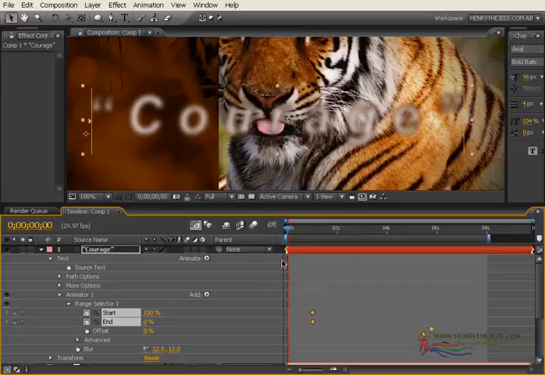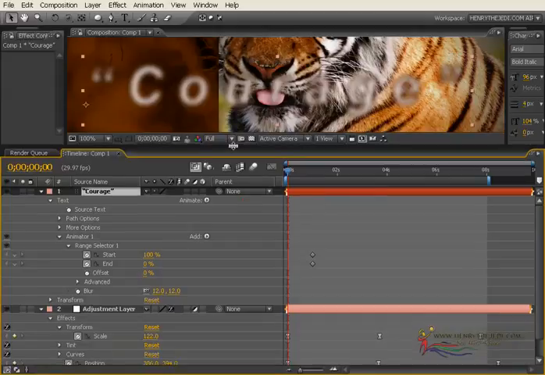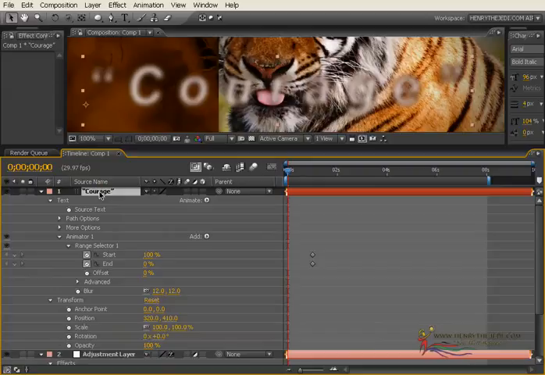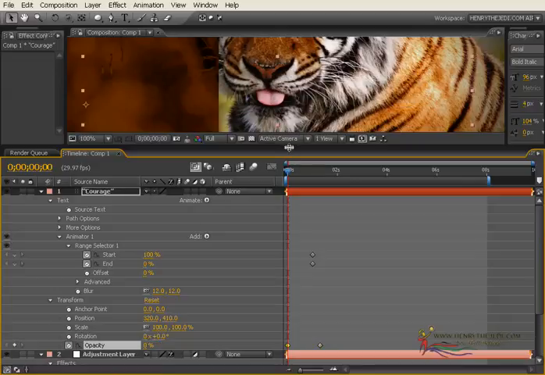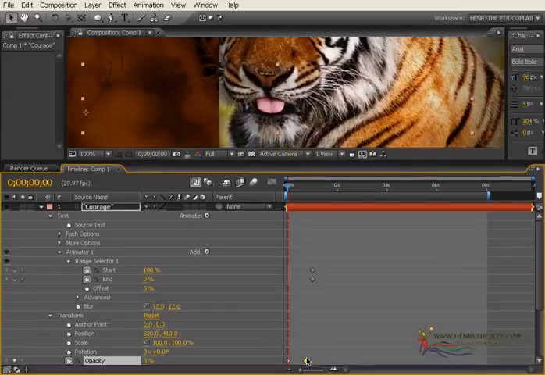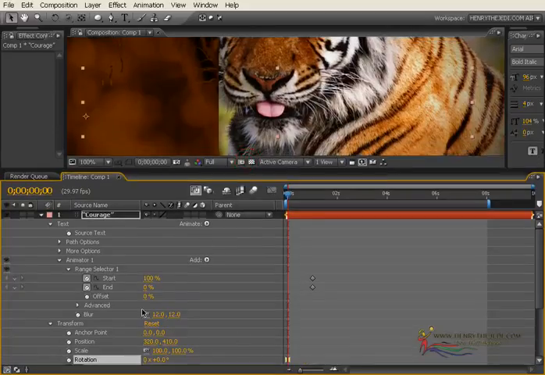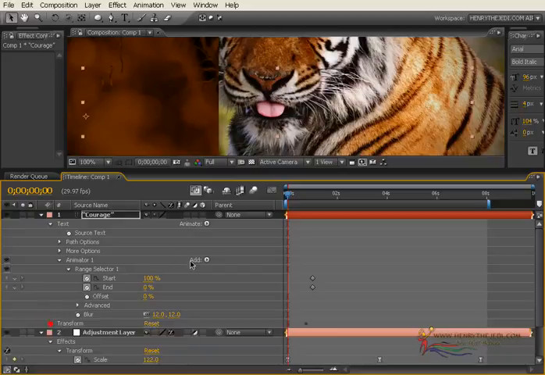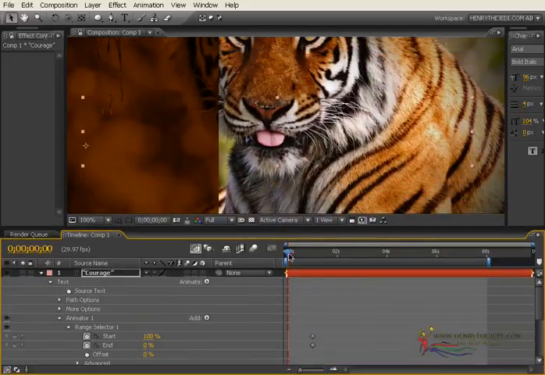I'm going to move these keyframes ahead in time. We are going to select our layer and then press Shift T so that it can bring up its opacity. Let's do that again. Select it and then press Shift T. We are going to tell it to start at an opacity, of course, of 0, like that, so it starts from nothing. And then let's move this keyframe a bit closer. Press F9 to make it a more smooth animation.